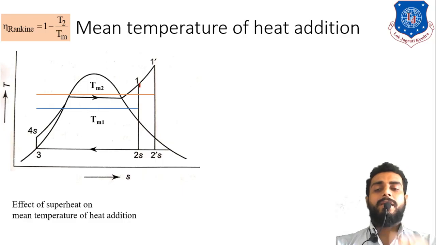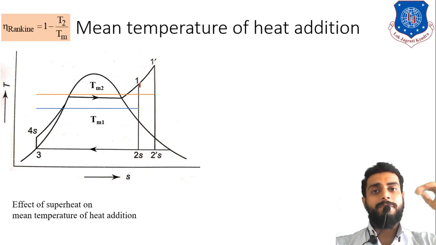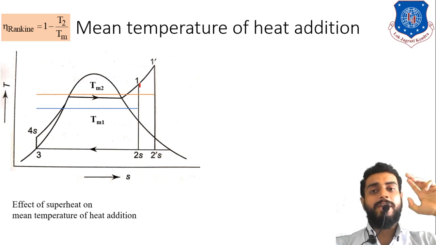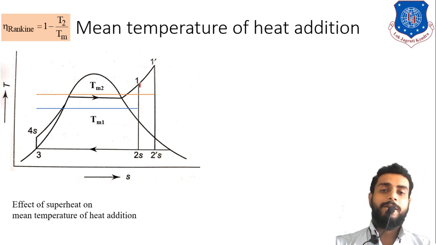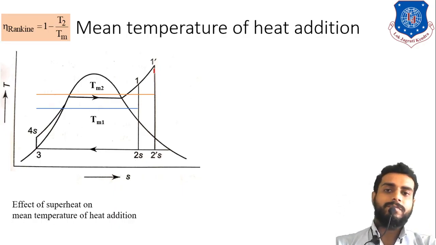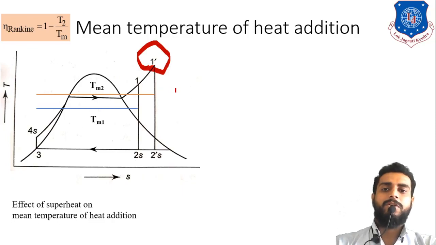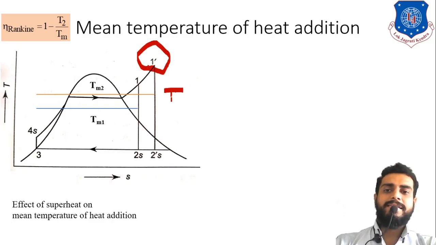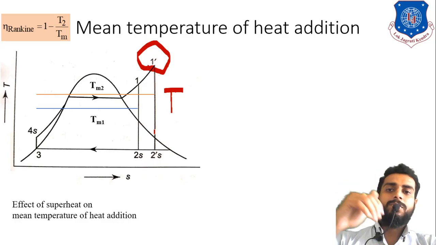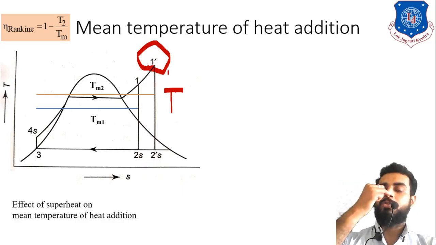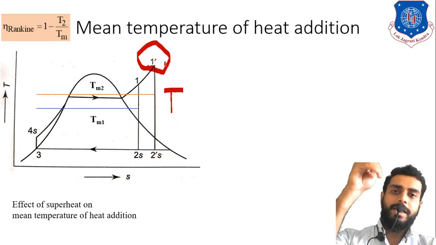Right, now the question might be in your mind: sir, that means if we increase the temperature as much as possible, then we can increase the efficiency of the Rankine cycle as much as possible. But no dear, there is a limitation. What is the limitation? See, here this one point is nothing but the inlet of the turbine, because if you recall the basic Rankine cycle, the 1 dash to 2 dash s process is nothing but the process across the turbine. So your 1 dash point is the superheated steam entering the turbine.